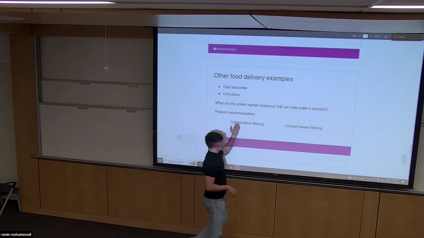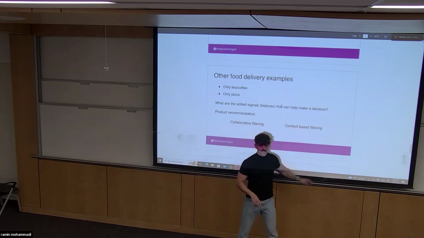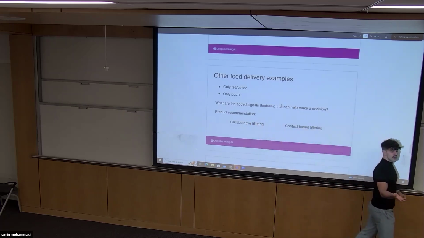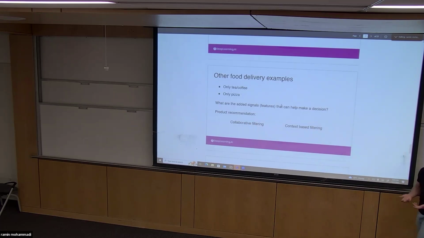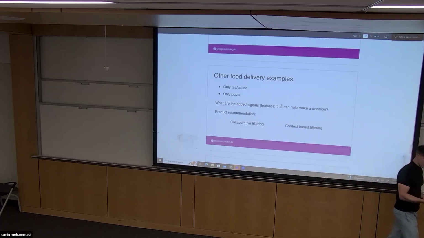So we are doing a shift from collaborative filtering to context-based filtering because collaborative filtering is really black and white. If you look like this user, you probably like their food, what they like, right? However, in reality, that's not the case. So context-based filtering is better because you find a representation, like an embedding for the user, embedding for restaurants, embedding for their food. And based on that, you could have some contextual recommendation. Now,